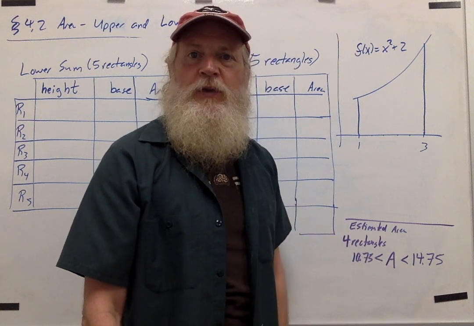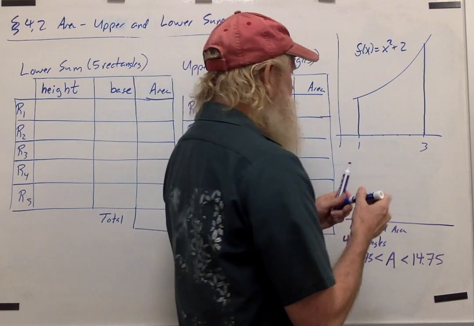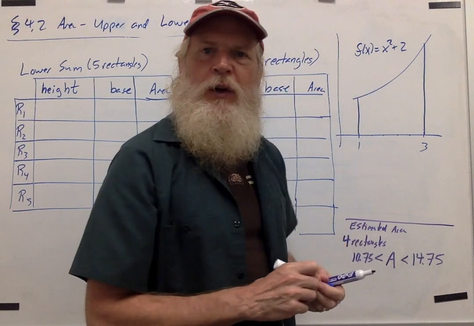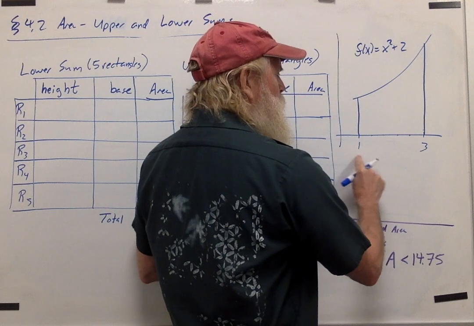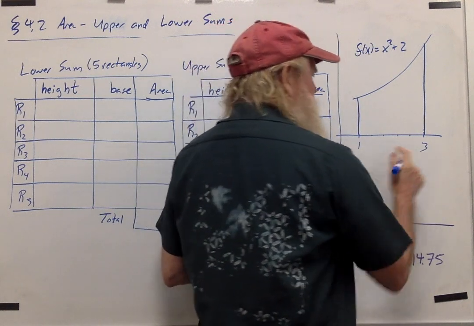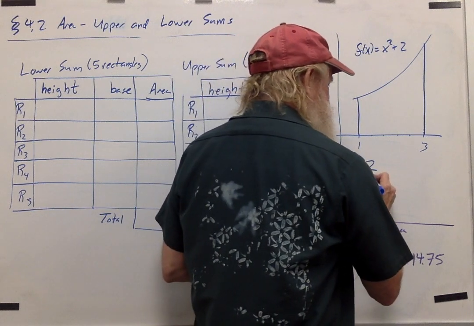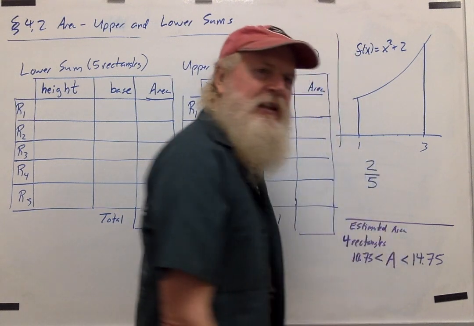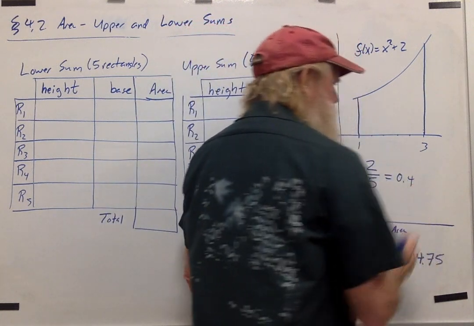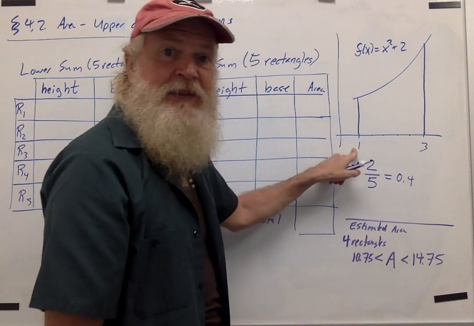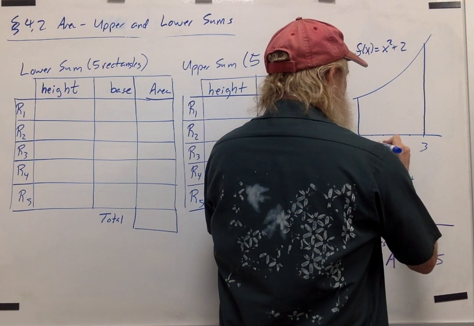Now let's see if we can improve the estimate a little bit by using 5 rectangles instead of 4. First of all, let's figure out what the width of each rectangle is going to be. Notice that the total width of this interval from 1 to 3 is 2 units. If I divide that into 5 equal pieces, each piece is going to have a width of 2/5, in other words, 0.4. So if I start at this left endpoint and add 0.4, I'll get to 1.4,